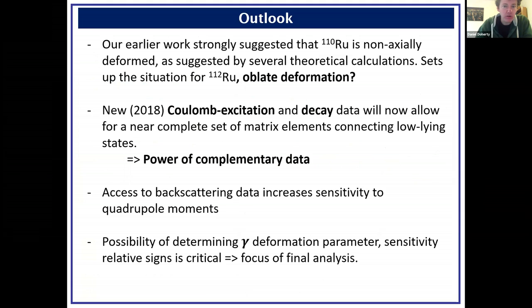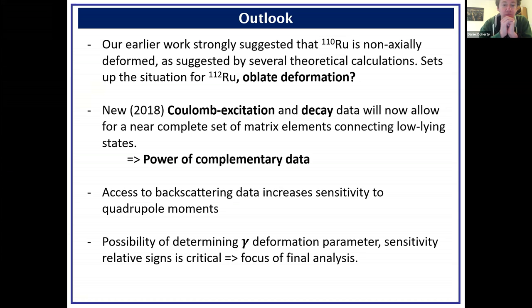So what about the outlook then? This is not a campaign of experiments that's finished. We hope that when things eventually get back to normal, fingers crossed, there's a chance that we'll run these experiments again next year. These experiments will look at zirconium-100, and hopefully ruthenium-112 should the yield be sufficient. Now this is a potential sign of both maximum triaxiality and oblate deformation,